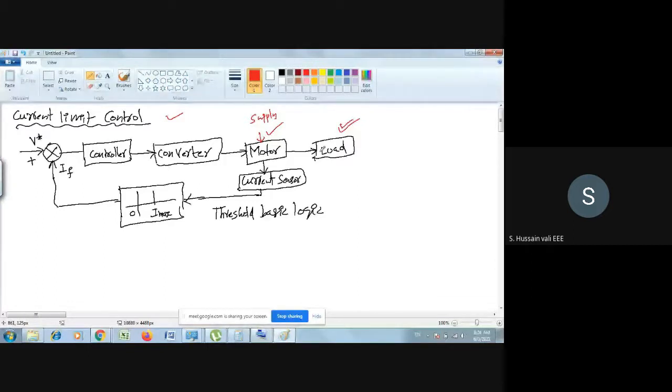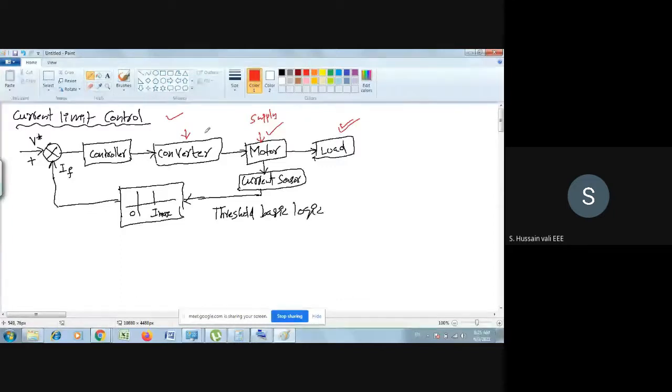Before the motor, a converter is there. What is the purpose of this converter? Its purpose is to decide how much supply you have to give here. You have seen the phase controlled converter, and you have seen the DC-DC converter, and some more kinds of converters.